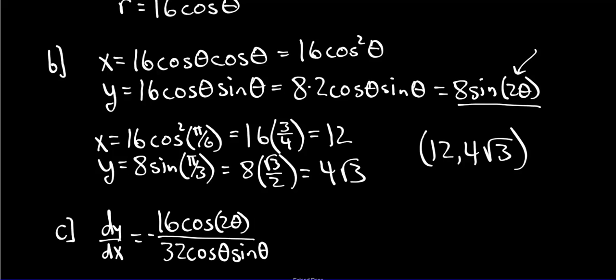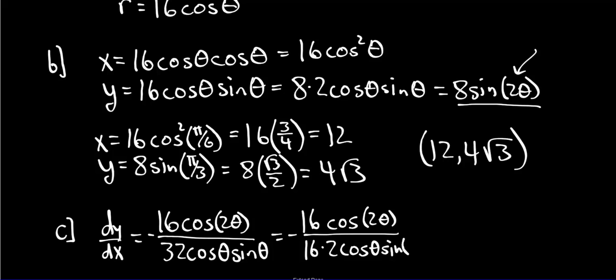Let me put a negative out front. Up here I've got 16 cosine 2 theta, and down here I've got 16 times 2 cosine theta sine theta. Yeah, that's it, and these 16s go away. So I'm left with negative cosine 2 theta over 2